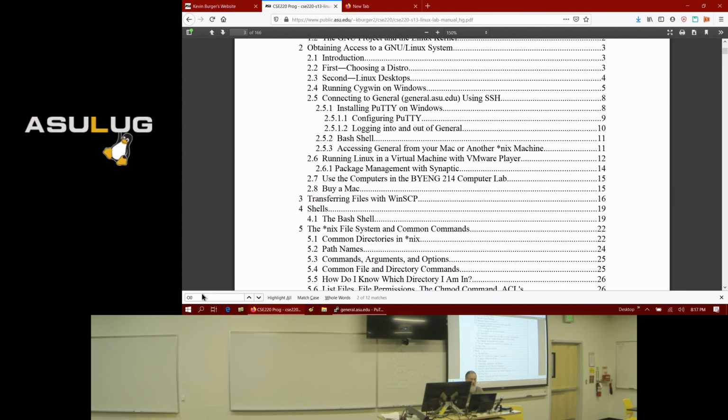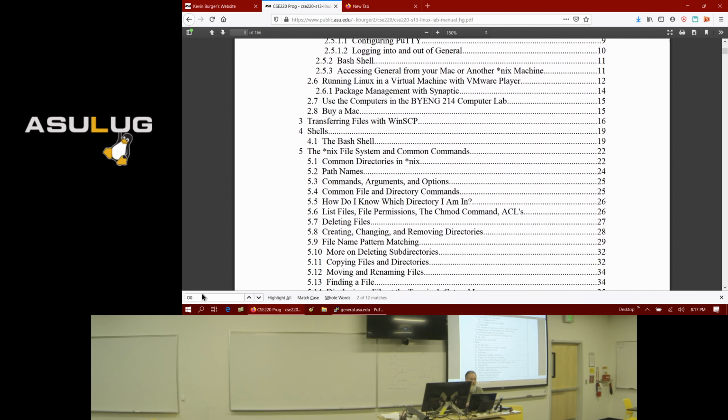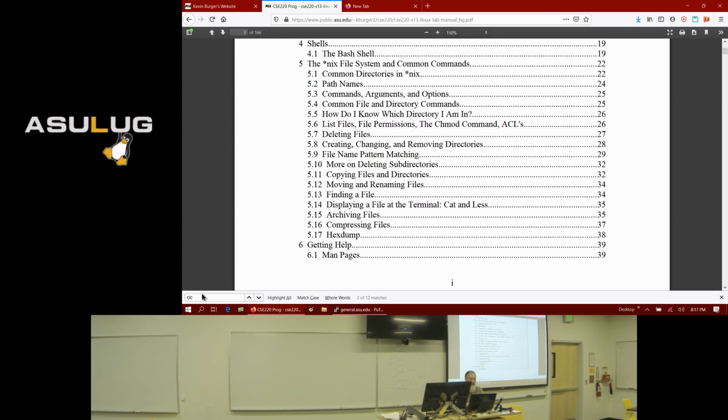The first couple of chapters, first 3 chapters, first 4, there's nothing really in there. Probably all of chapter 5, because chapter 5 introduces the basic commands like copying files, making directories, and stuff like that.